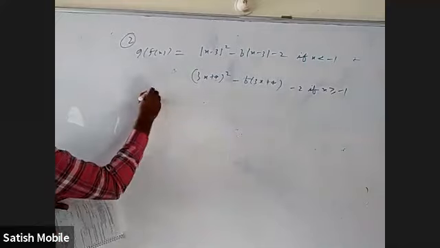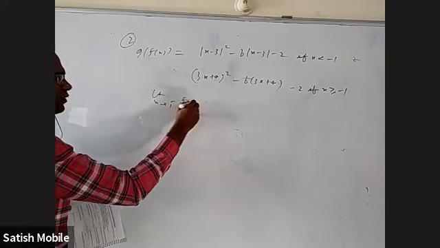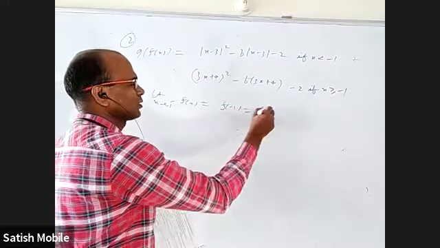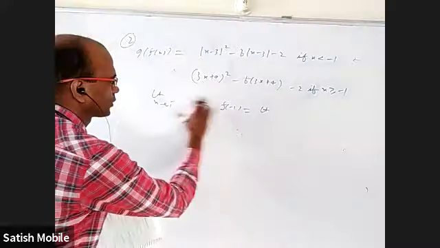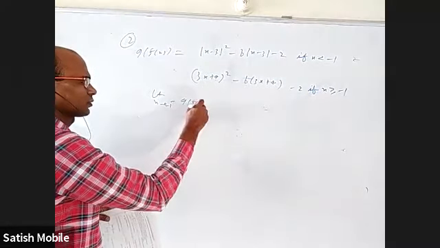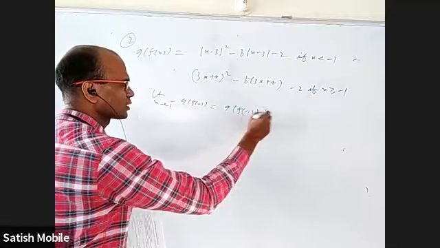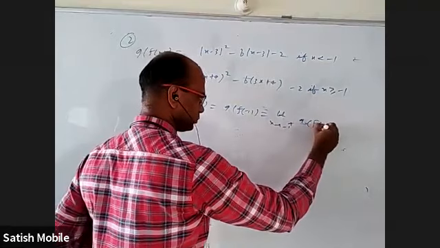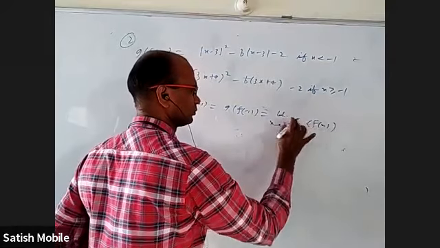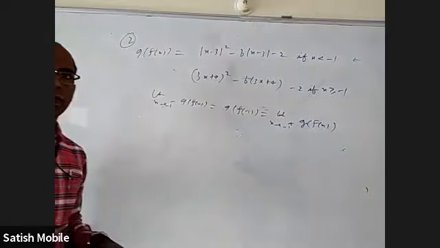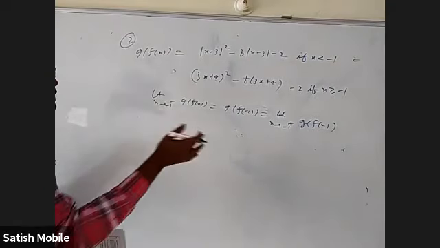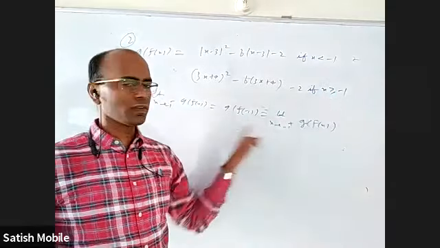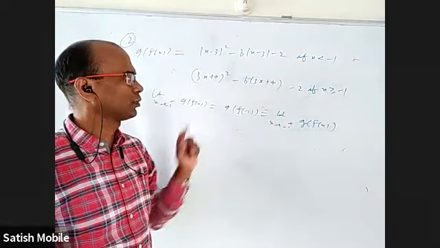Okay. So limit x tends to minus 1 minus should be f of minus 1, not g of f of x. g of f of minus 1 equal to limit x tends to minus 1 of g of f of x. Okay. So at minus 1 you can find right limit, left limit and function value. But because here it is greater than or equal to minus 1, right limit and function value will come same. So I don't want to write both, only one I can write.